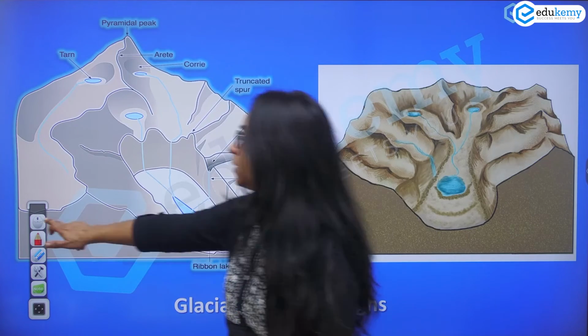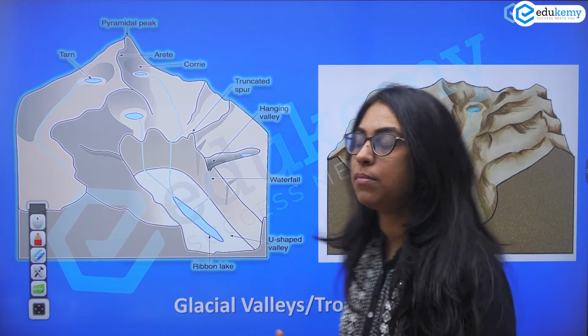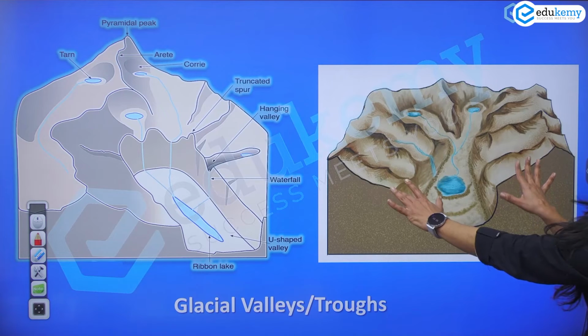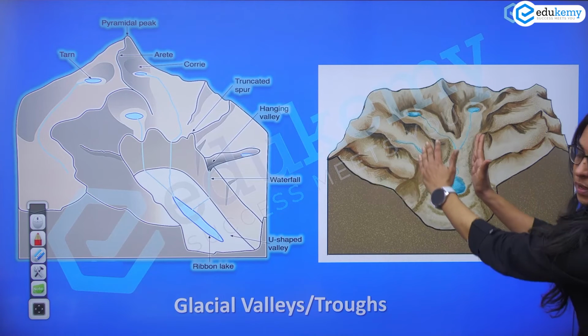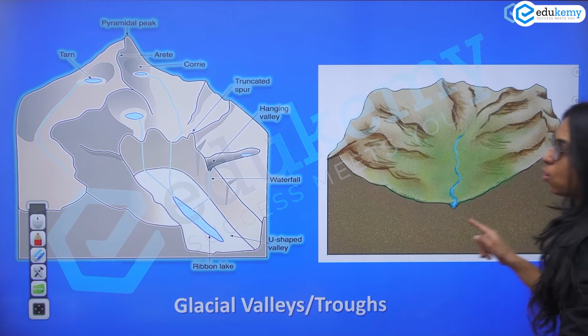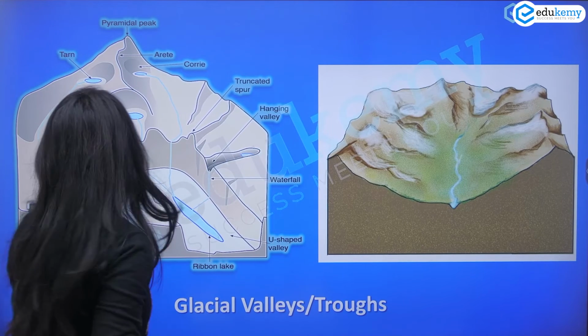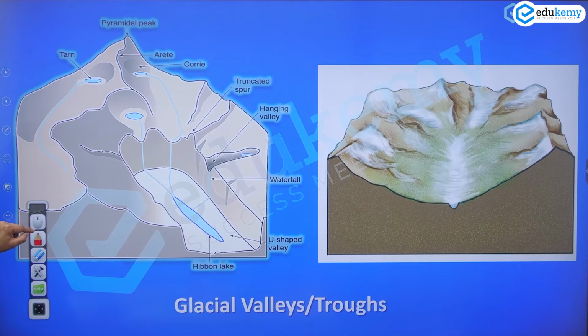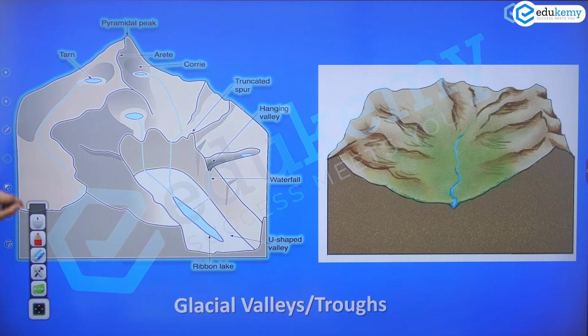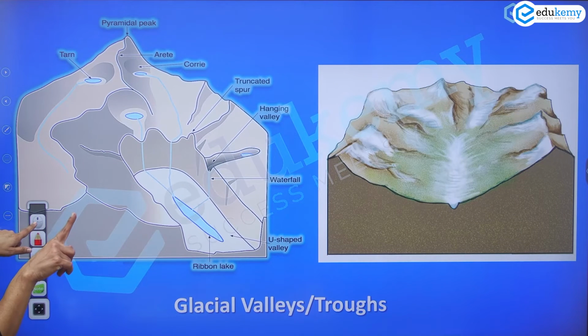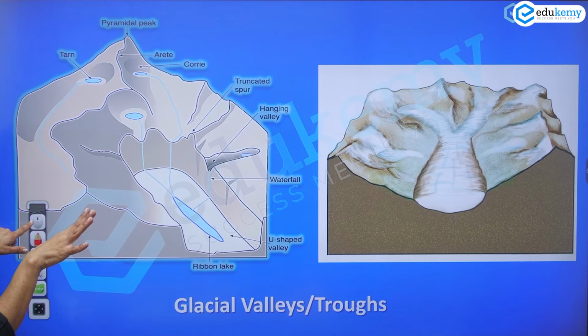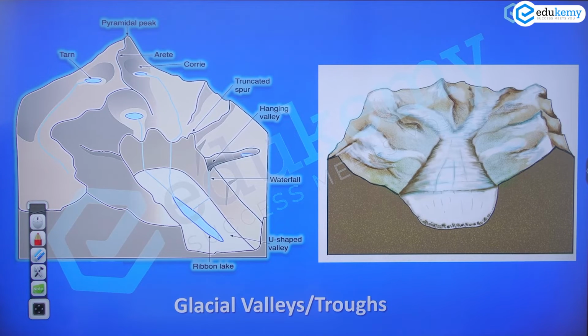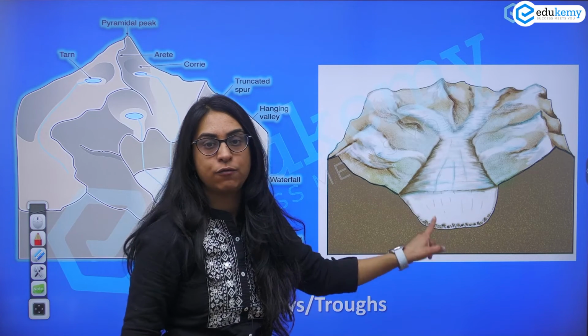Now the main glacier was combined with ice from all these places, so it eroded the valley floor more. You can see that? Yes, this is the starting point. There is a full glacier. It is eroding the valley floor more because it is combined with the ice from the tributaries. Then a U-shaped valley is being formed.